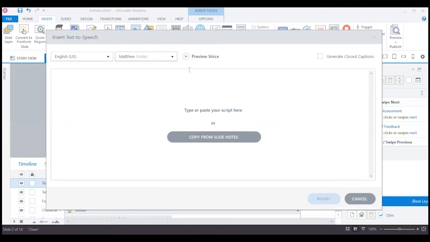And then I have the option to preview the voice. So it is basically if I have a script and I have the voiceover selected, then I can listen to it before making it part of my course. So it's a really effective tool. And if I want, I can also paste some script and I can also type it. So for example, let's just type something.